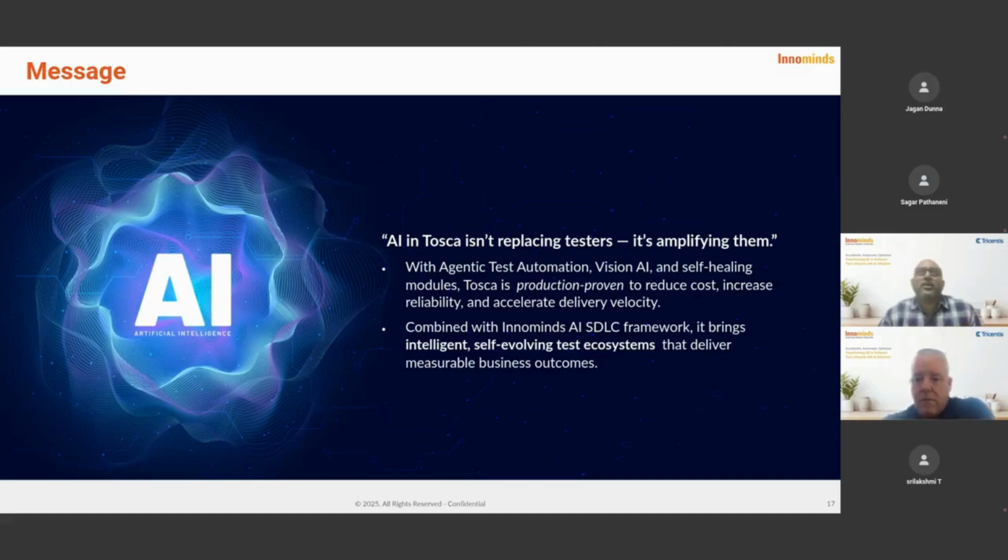Like for example, all the technical intricacies of Tosca, like buffer handling, or dynamic executions, which are naive for a fresher, as Bill was saying. So you can ask simple English-like questions, and it would summarize how the code has been written, what the different variables being passed are, and that way it would accelerate the time a senior engineer has to spend educating the person. So I think that would be a good starting point.